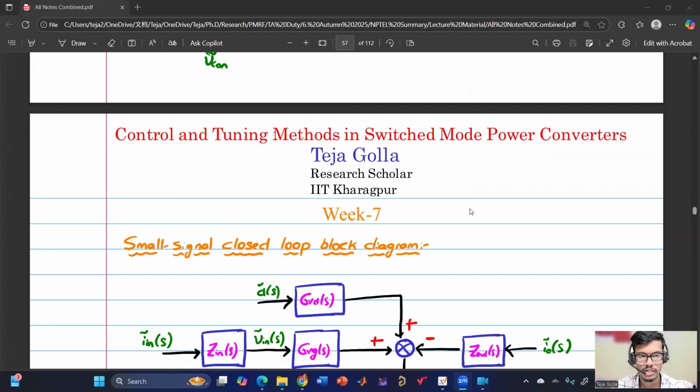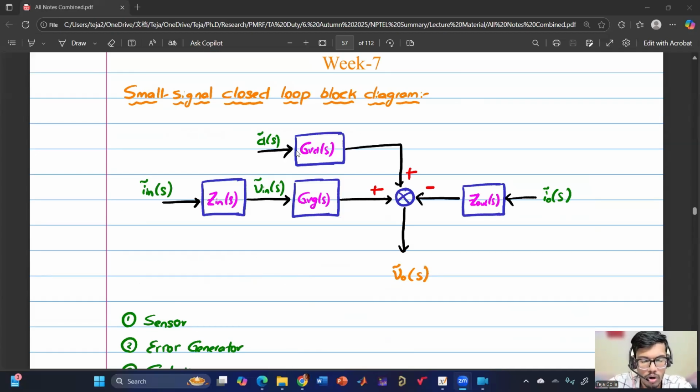So any doubts till week 6? Okay, I guess no. So in week 7, we have started with that closed loop block diagram,